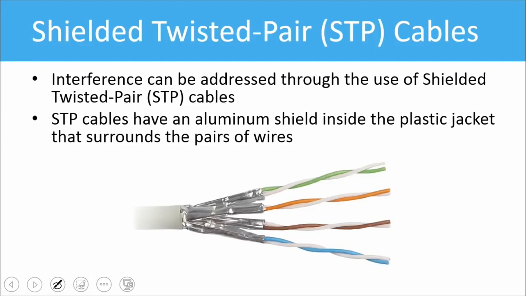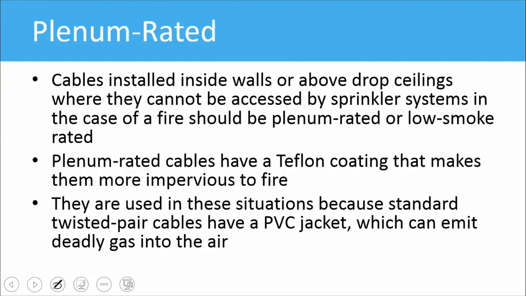Keep in mind, shielded twisted pair is typically a little bit more expensive than unshielded twisted pair. We also have a certain type of cable that's called plenum rated, and these types of cables are installed inside of walls or above drop ceilings, like you might find in a school, where they can't be hurt by sprinkler systems or any other systems that you might have, like lighting systems, things of that nature, electrical systems. And so plenum rated